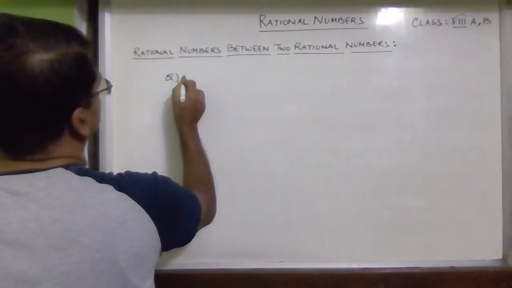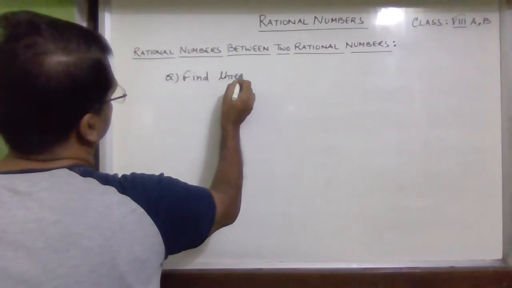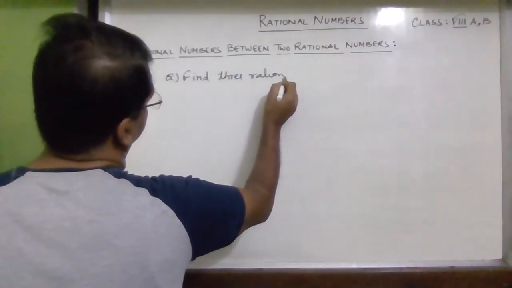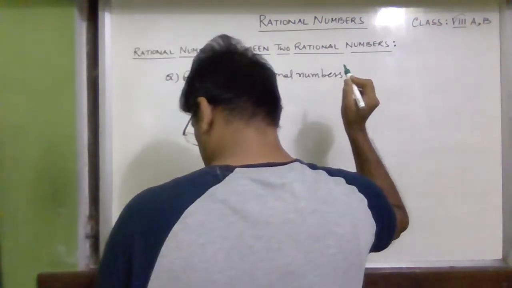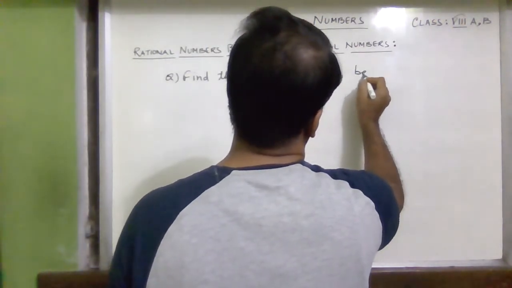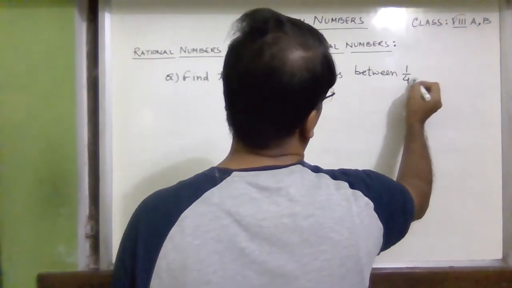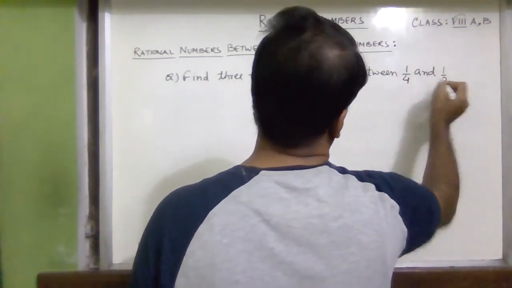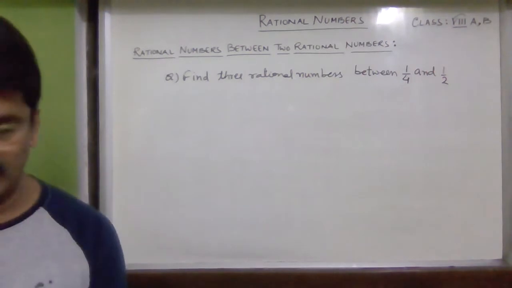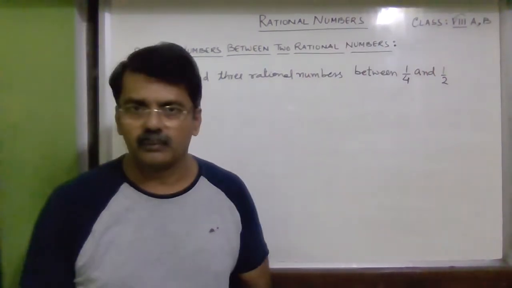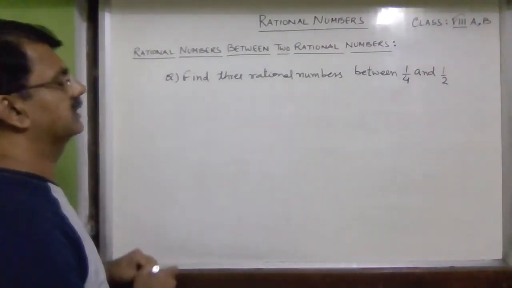Find 3 rational numbers between 1/4 and 1/2. Find 3 rational numbers between 1/4 and 1/2. So first of all, we will make the denominators same. For that,